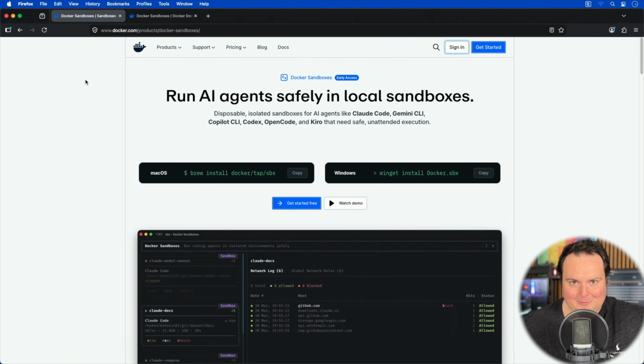pretty frequently in some of the AI and security circles, which is just the whole concept of AI and its impact on cybersecurity as a whole. Now, with the recent introduction of the Claude Mythos model, which is potentially looming on the horizon for folks who are not handpicked to be able to use, but don't quote me on that because I cannot confirm or deny that, there has been a ton of folks talking about using AI for cybersecurity purposes, but a broader theme is just talking about what form of accessibility or capabilities we allow them to have on the systems that we're actually running them from within. And this is the whole thing that Docker Sandboxes is designed to approach, which is giving